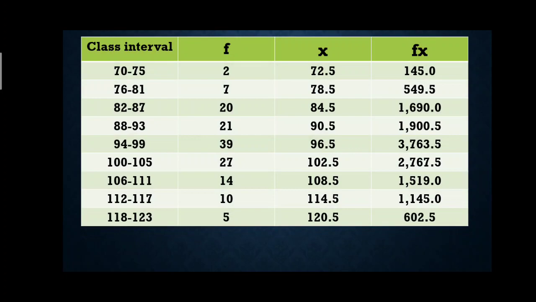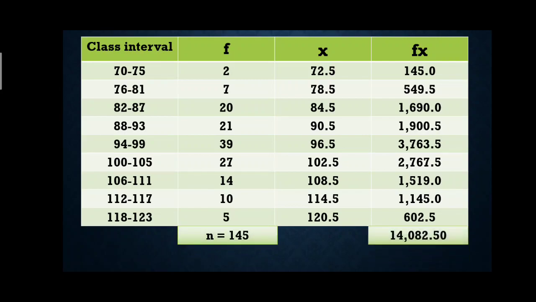And so on. Then multiply f times x. We have 145, followed by 7 times 78.5. We have 549.5, and so on. Next, the total number of n. We have the total number of frequencies, which is the n. We have 145. The total summation of f of x, we have